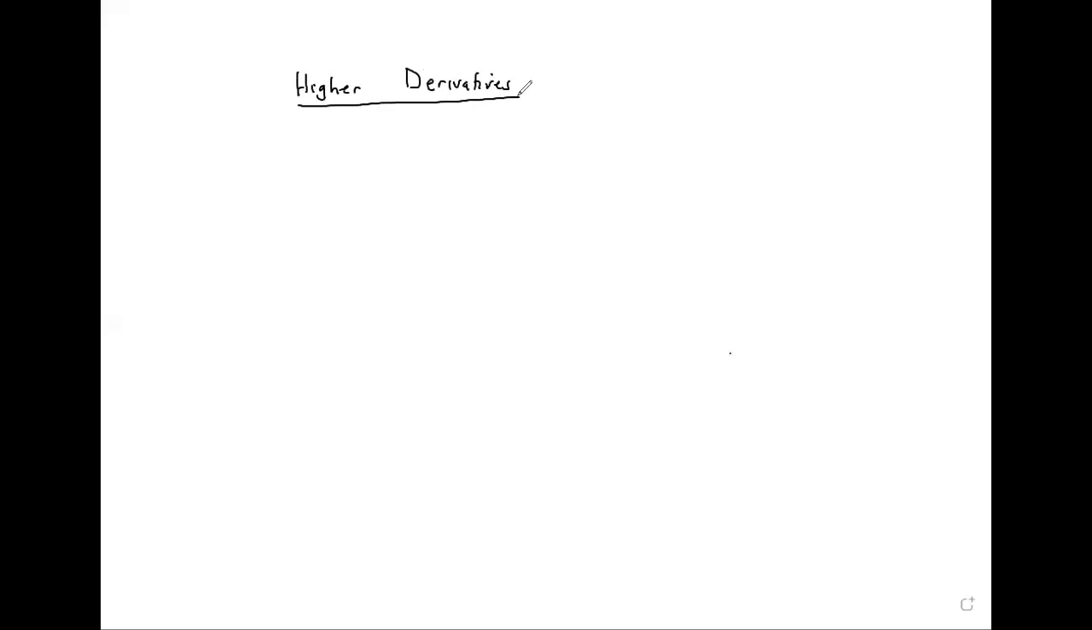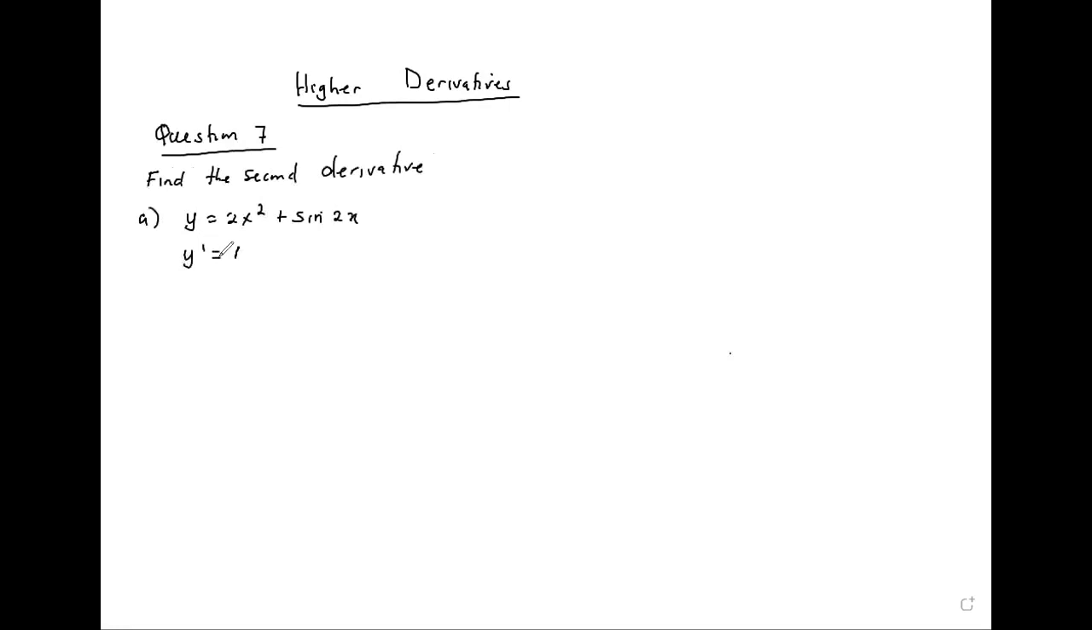Find the second derivative of y is equal to 2x squared plus sine 2x. So first thing is to find the first derivative. That is 4x plus 2